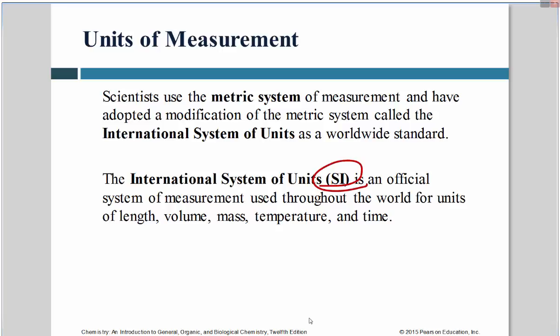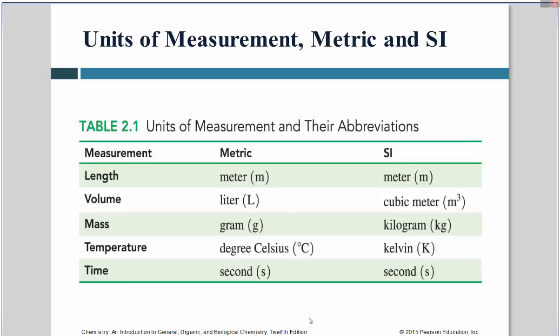But anyways, the scientific community has changed what the metric system offers as far as the units that we use. For instance, if we look at the metric system, length is in meters and the SI units are in meters. That's the same. If you look at time, it's also in seconds and seconds. There's no difference there. However, if we look at things like liters and meters cubed, there is a difference here. The SI community, the scientific community, has decided to go with meters cubed,